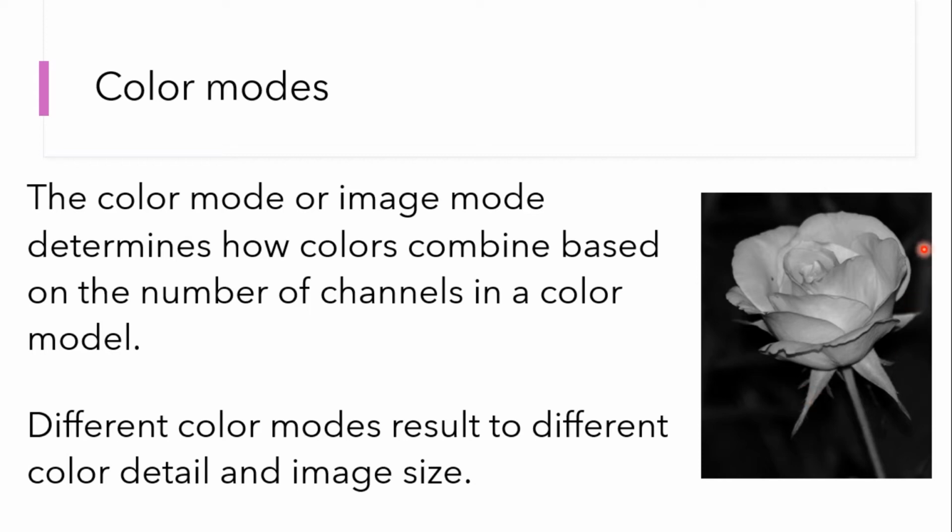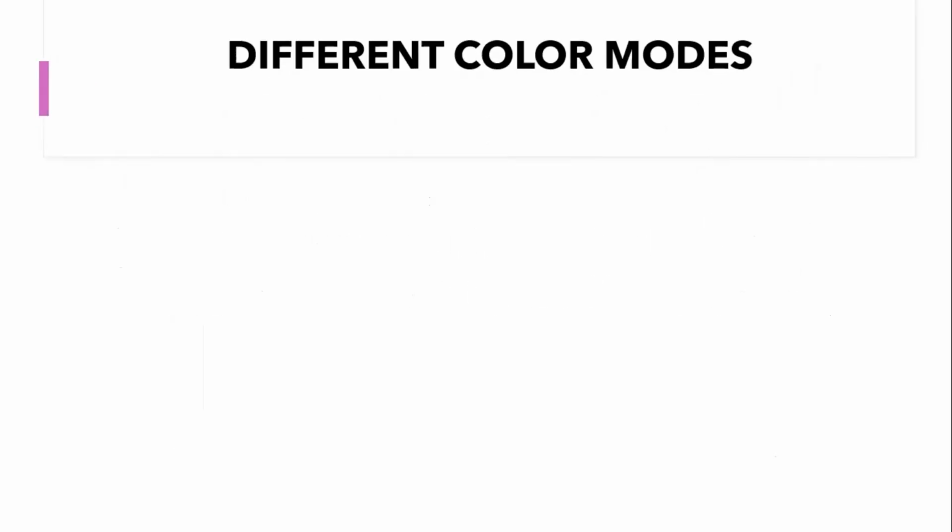This is a grayscale image, and it displays colors based on just 256 color levels. That means from 0 to 255. We talked about this in the previous lesson. So in today's lesson, we're going to see others. We have up to 8 of them in Photoshop. So let's look at the different color modes available in Photoshop.